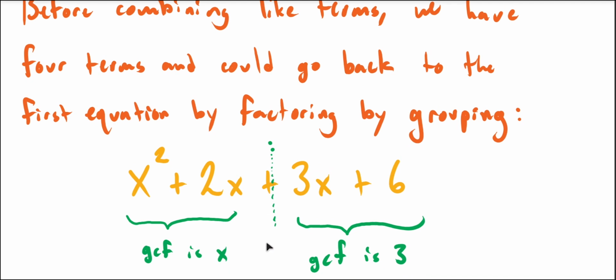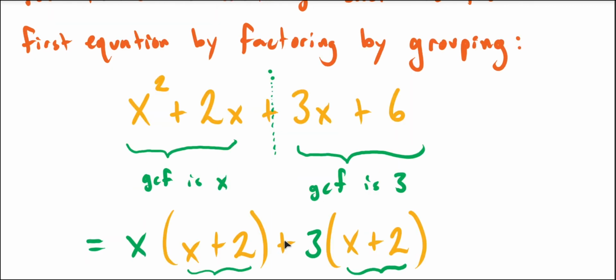So cutting it in half, factoring the greatest common factor from the first part, which is x. There's an x I can take out of each. And the greatest common factor in the second part is 3. I get x times (x + 2) plus 3 times (x + 2). And that gives us this